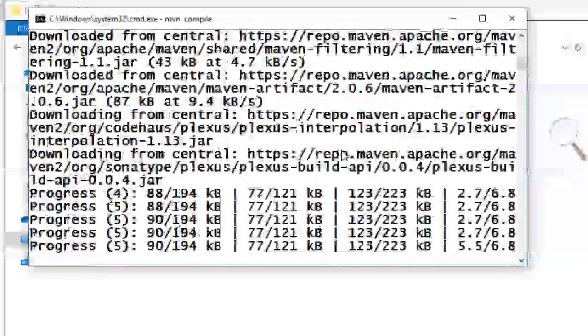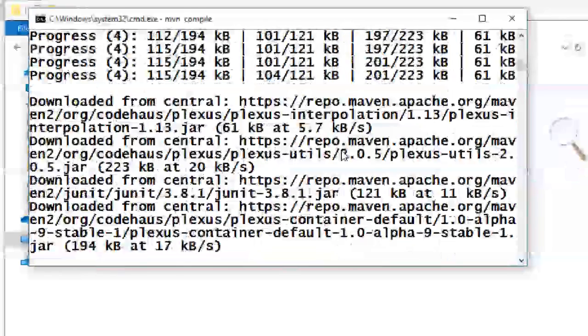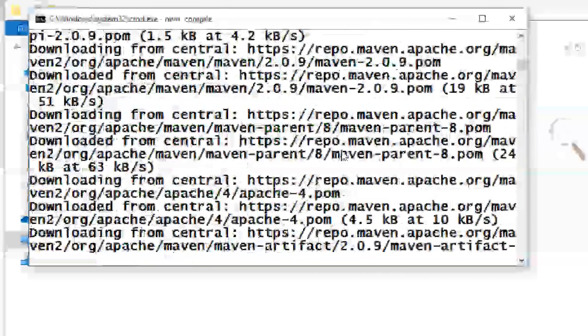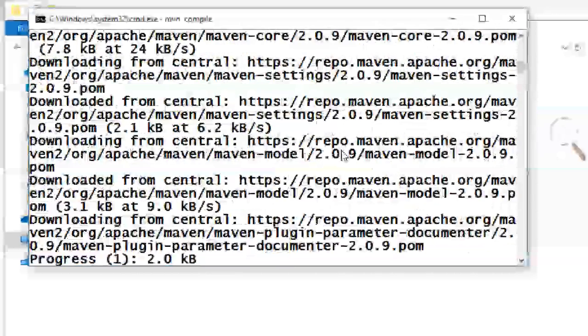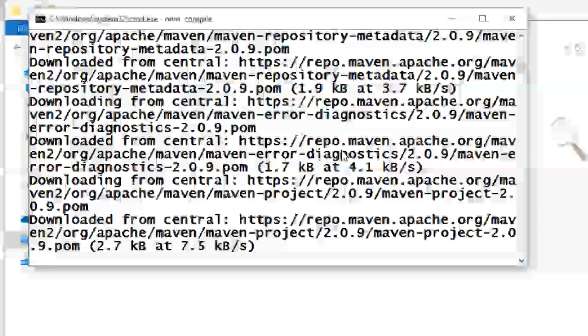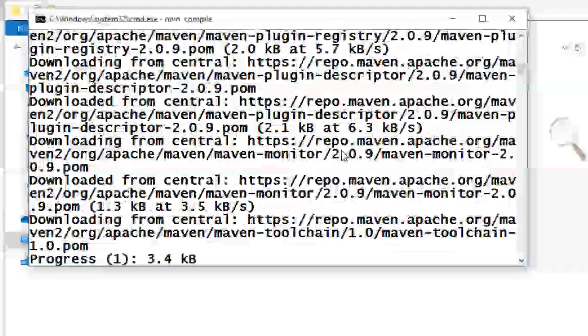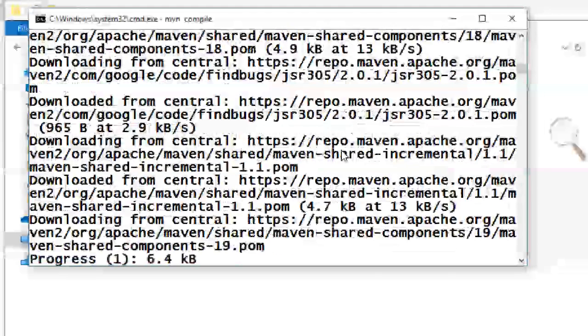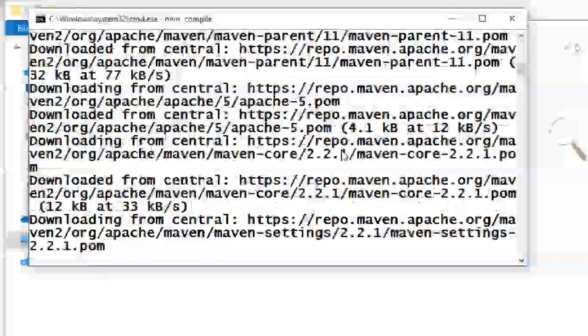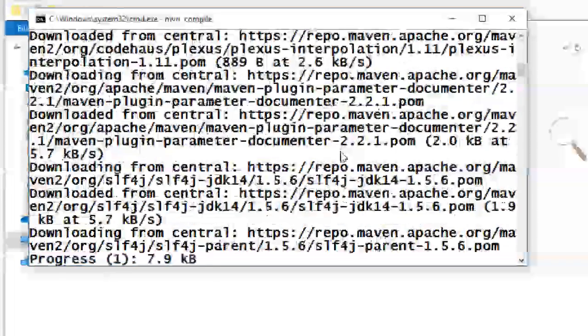It is doing so many things. It looks like an old movie. Something is going on, we don't know what. Tick tick tick. How much time is it taking?